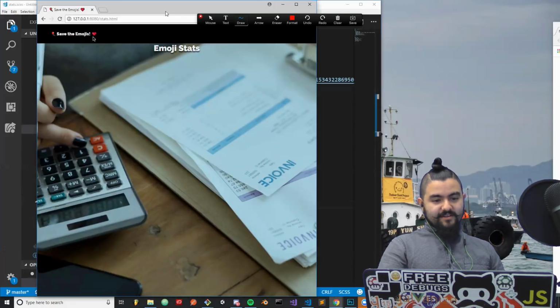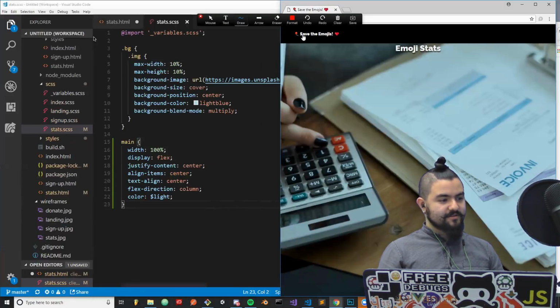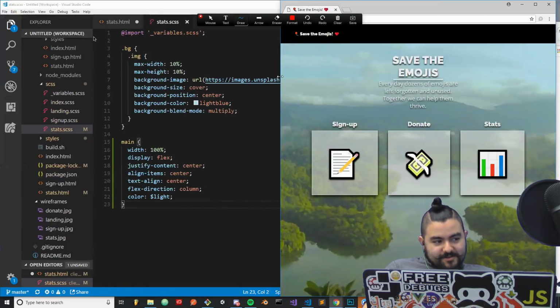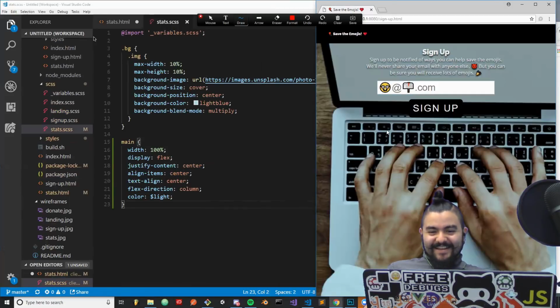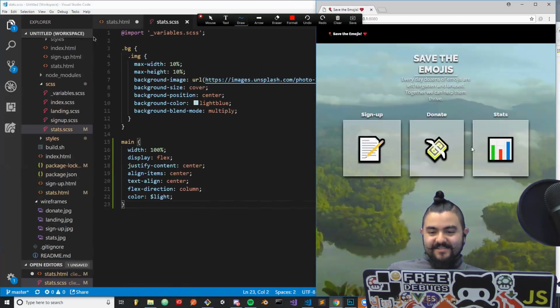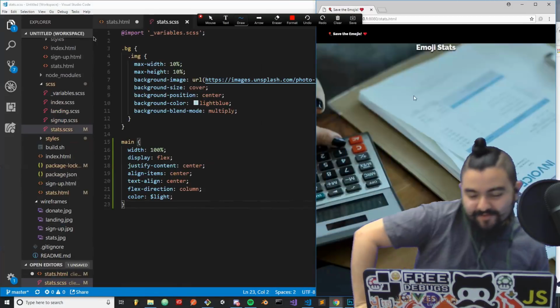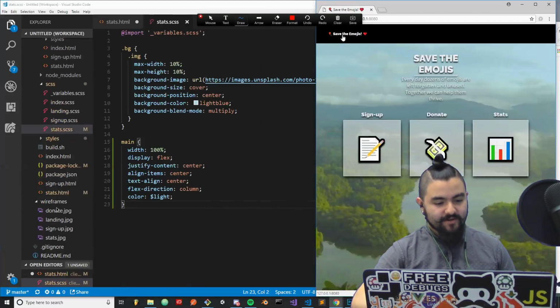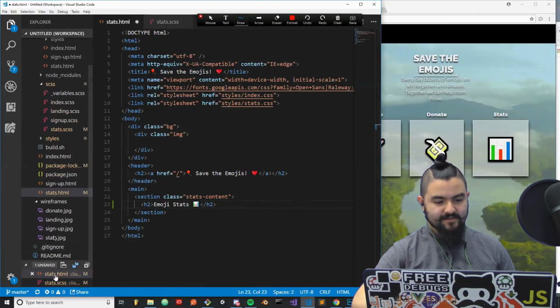If you go back to the home page, and then I'm gonna scoot down so people can see. Click on sign up. And if you go back, and then click on stats, it's kind of similar. Cool. Okay, so if we go back to the wireframe for stats,